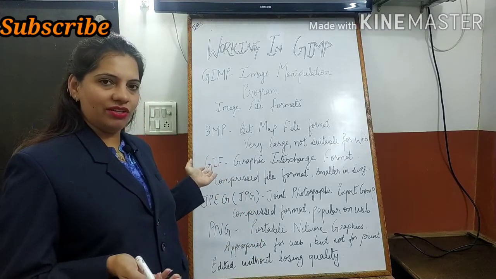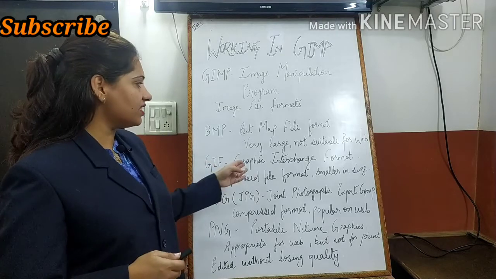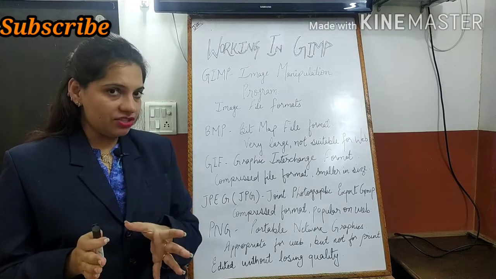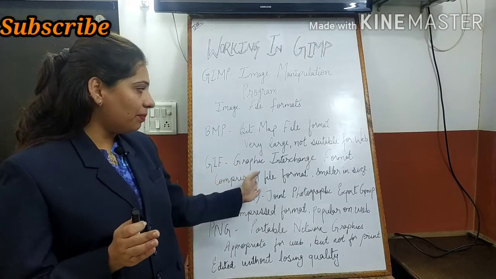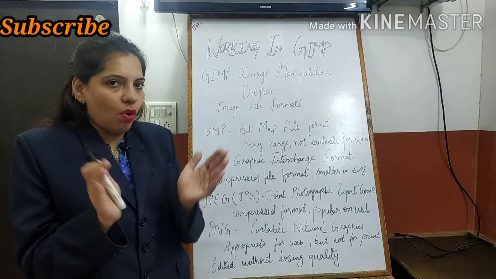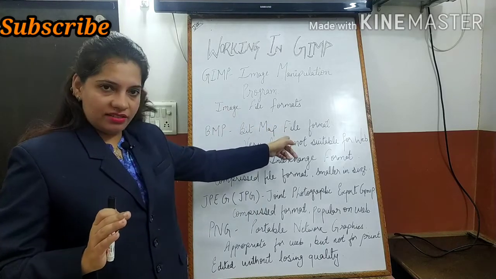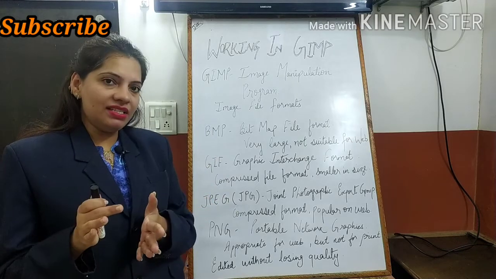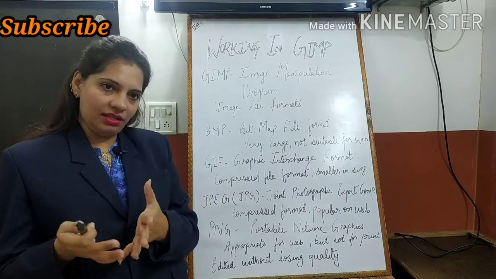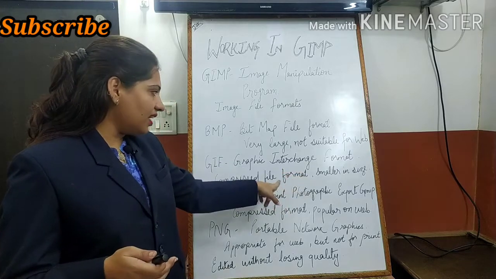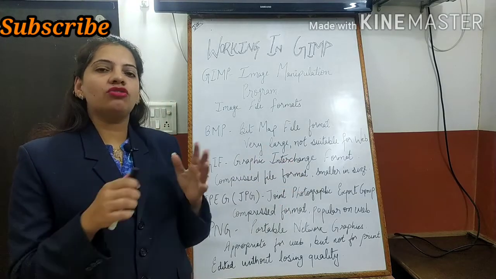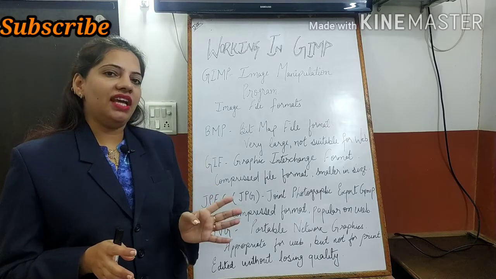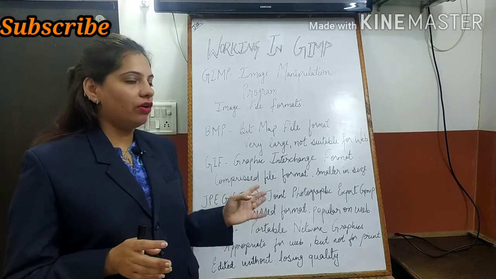Okay, then we can move to the next one, GIF. It's common, you are using it in your smartphones also. GIF is graphic interchange format. It is another format of image which is a compressed format. Compressed means that it is smaller in size. Here we have seen the larger size, here it is very small, it is compressed. But as it is compressed, it is not a very high quality image. It is not supporting many colors. A limited number of colors are supported by GIFs. That is a particular format of image.